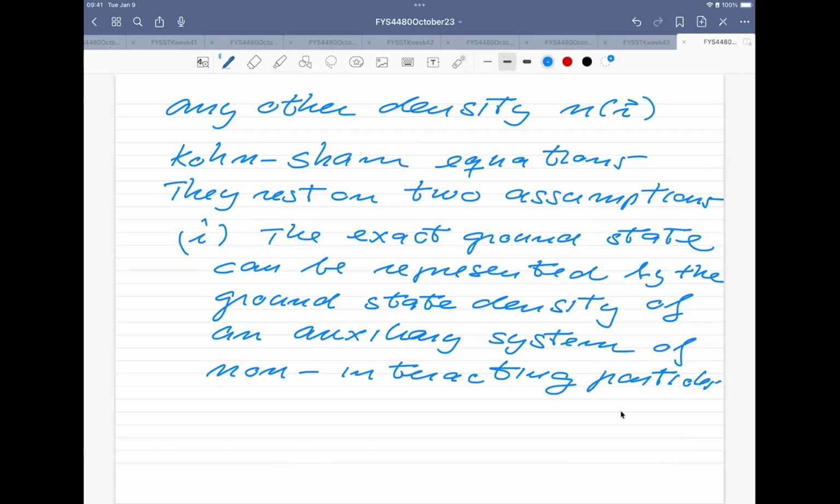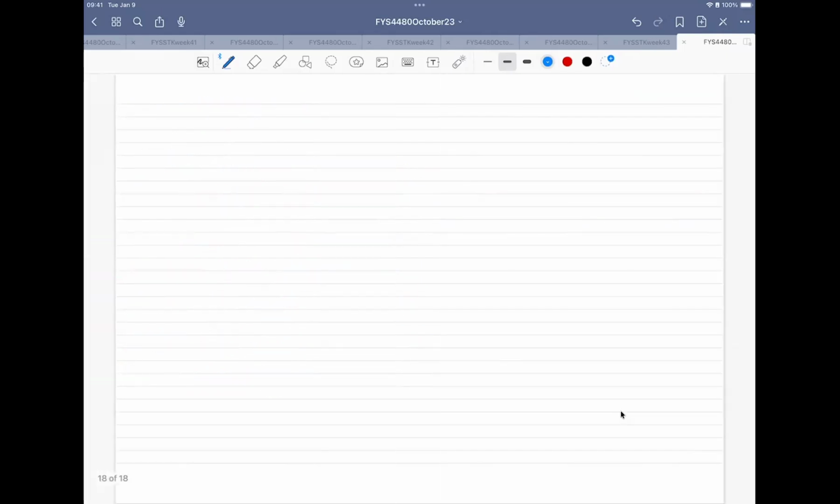So if you now think back to what we discussed earlier with Fowler's theorem. If you think of a system of non-interacting particles, that could be a Slater determinant. That is the solution to the non-interacting problem with a given external potential. So let's just take that as a small intermezzo before we list the second point. So the example which we have met here